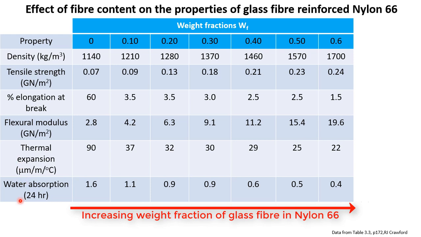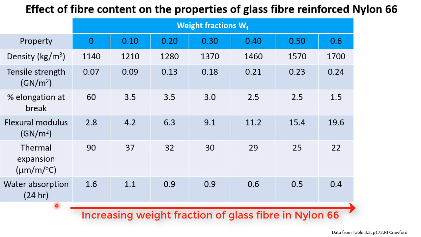Then there are other physical properties which are also important for composites for our mechanical design purpose. For example, thermal expansion, because the composites will be used in combination with other materials or other composites. Therefore, thermal expansion should be matched with the thermal expansion of other materials to be used. Most of the polymers have very high thermal expansion, but once we add fiber to it, the thermal expansion will reduce, and it reduces up to 22 here in this case for 0.6 weight fraction.